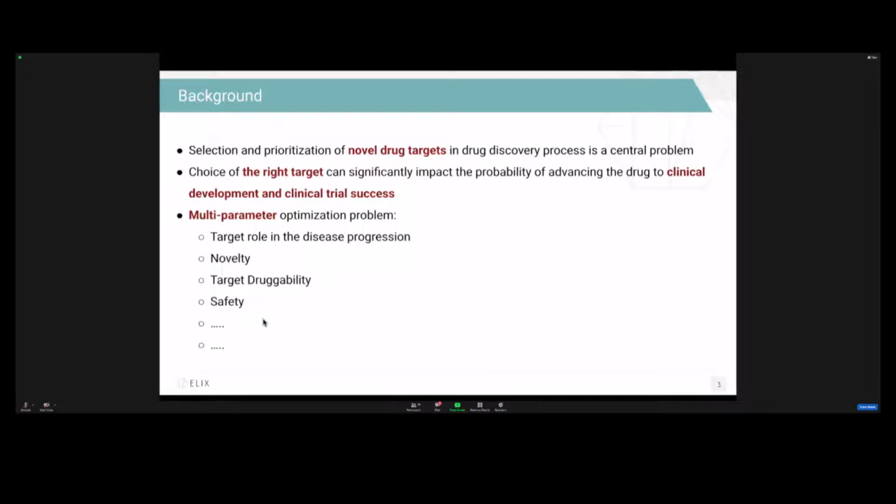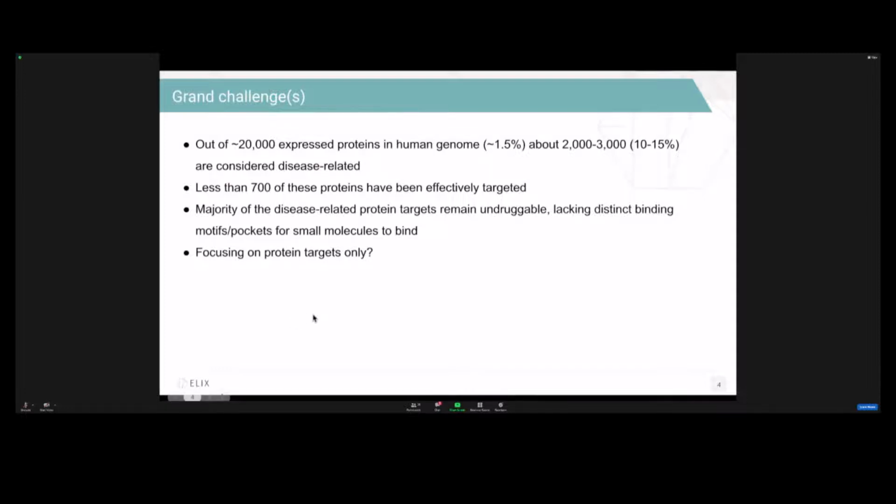That's why this is a type of problem that we think is applicable for a machine learning setting, given that some prerequisites are met. And if we consider the challenges, so far the challenge in the industry is that since the human genome has been more or less understood to some extent, we learned that there are around 20,000 proteins expressed in the human genome, which accounts for only a small fraction of the human genome. And out of those proteins, we know that up to 15% at this moment in time are considered to be disease related,